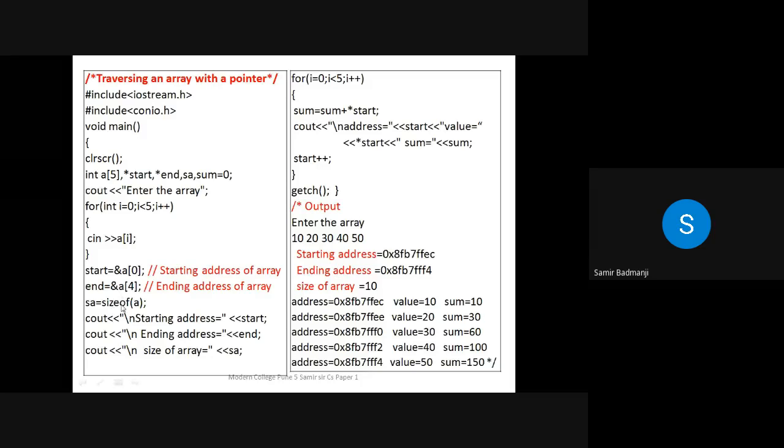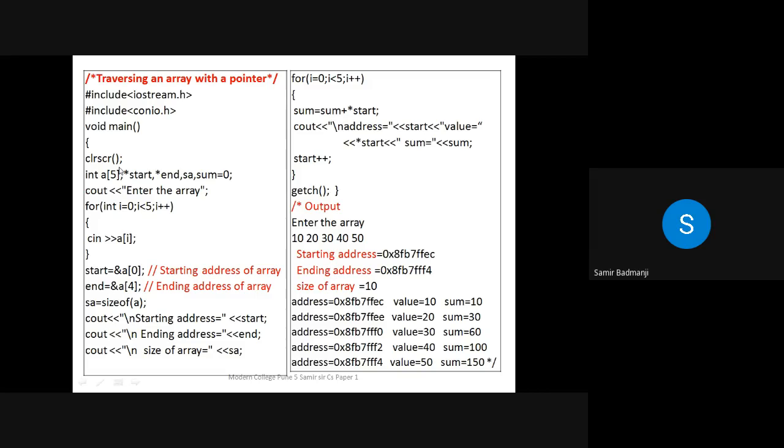Now the sizeof operator we had seen in 11. We have done one practical based upon sizeof. So the sizeof operator is used to give the size of the integer or character in bytes. Now this integer variable is there, so by default, it will store 2 bytes. So in brackets, what I have written is A. Now A is what? A is an array having 5 elements.